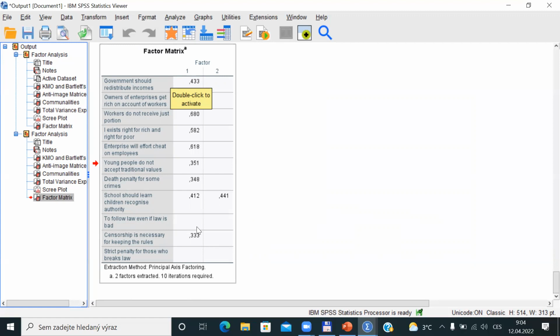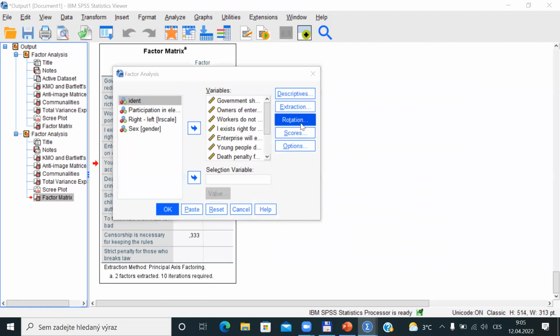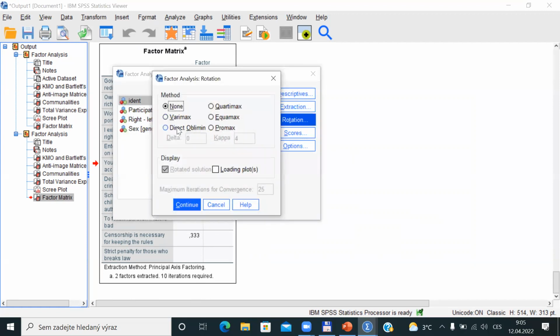And once again, we would like to change this first solution by dividing items into 2 dimensions. And we know that we can ask for rotation. And once again, the first rotation would be oblique rotation. So once again, go into factor analysis, go into rotation, and the oblique rotation, which is most common in the SPSS environment,